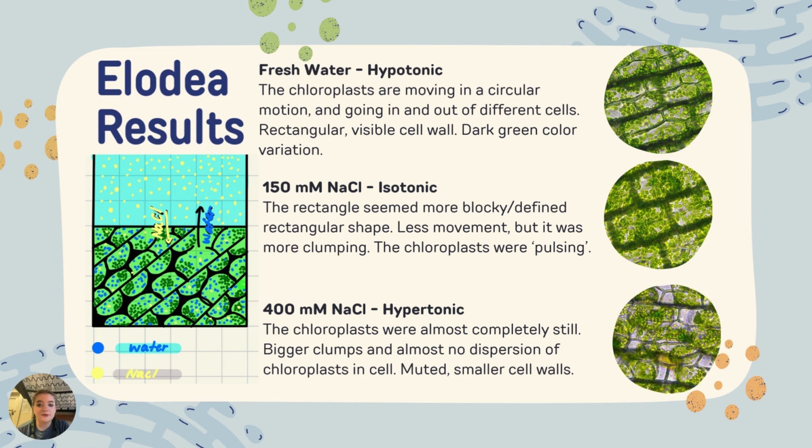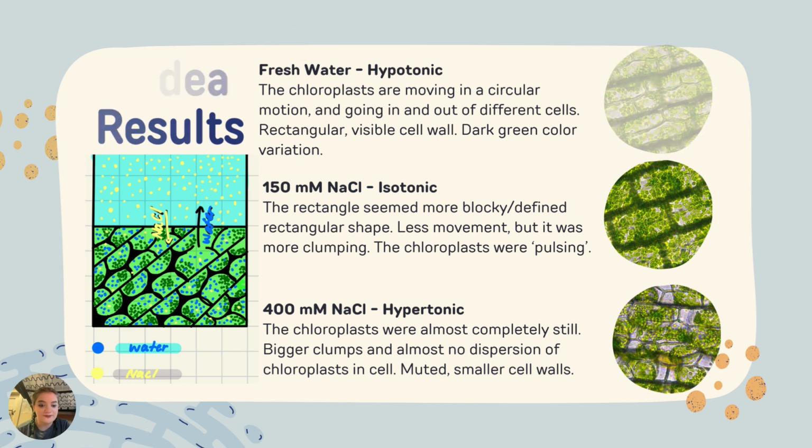And we were able to see this because in the first photo with the freshwater, the cell got noticeably bigger and kind of expanded and ballooned because of this extra water coming into the cell walls. And then in the isotonic solution, we saw that it was more of a regular shape and with less movement and clumping because it's isotonic and it's similar to its normal environment. And then the 400 NaCl, we saw a hypertonic solution because the chloroplasts were completely still and the chloroplasts